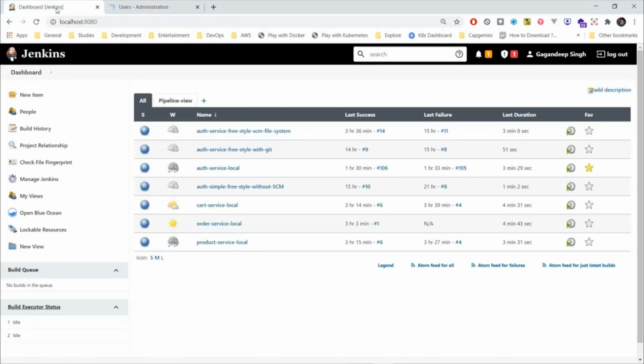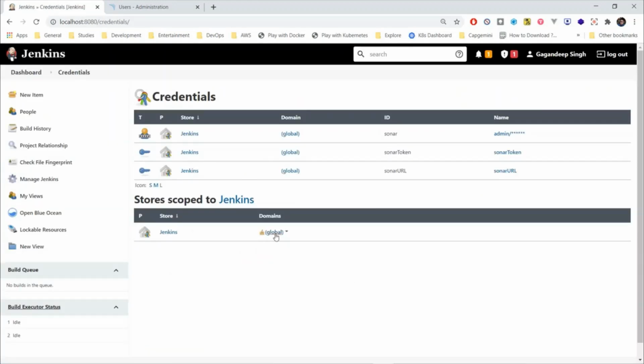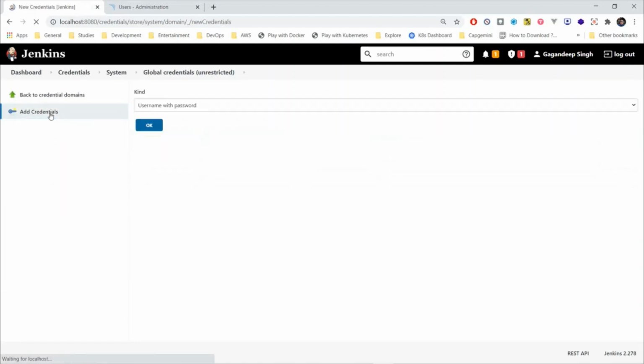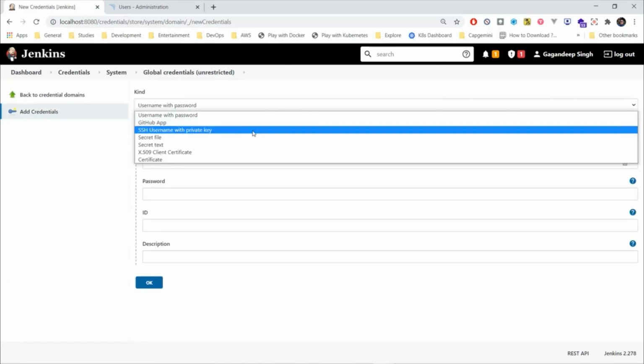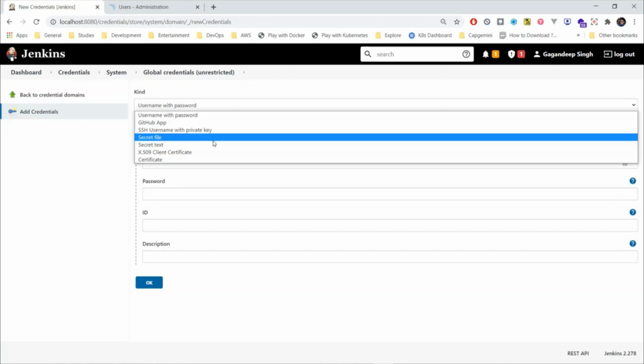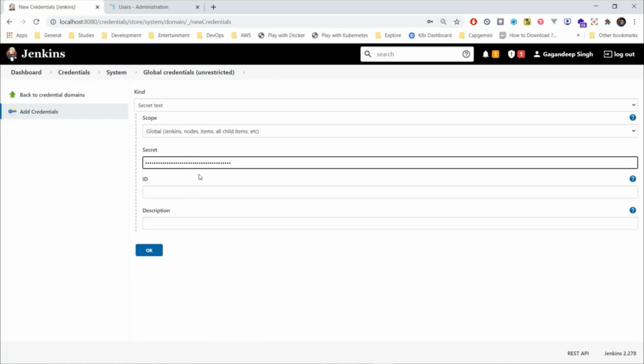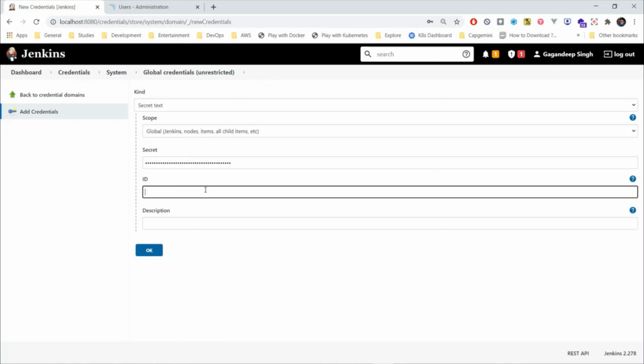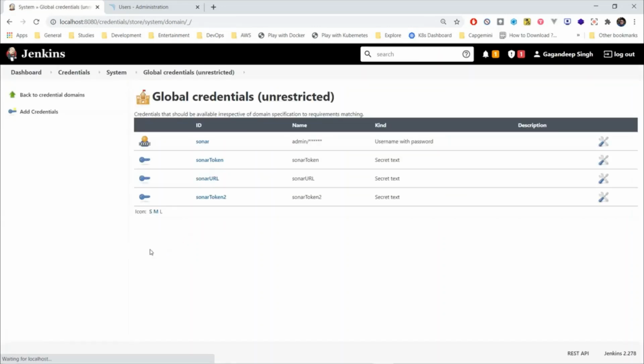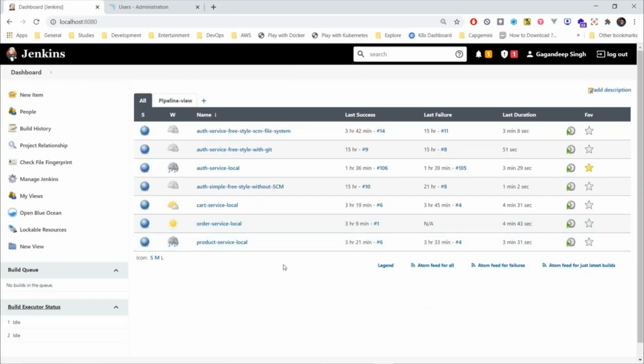Copy the token, go back to Jenkins, Manage Credentials, Global, Add Credential, give a new name to your credential. It should be a secret text. Paste the API token, give it a name, Sonar token 2. OK.